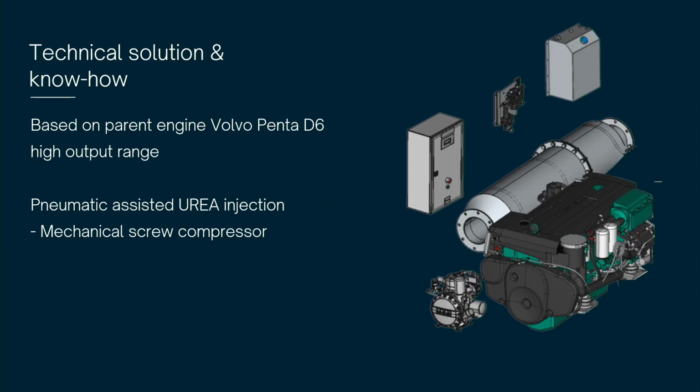Now into the deep technical stuff then, and don't be afraid, but we are quite keen on that. Volvo Penta, they will deliver an IMO 2 engine that is state of the art. So what's important for us is, when we apply an IMO 3 solution on top of an IMO 2 engine, we need to make sure that we have even higher quality than Volvo Penta have today. So together with Imatech, we have performed a lot of testing, and we have concluded in a